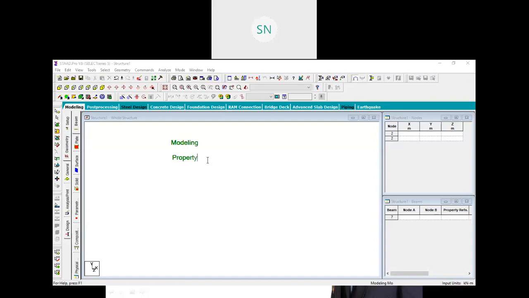In the property, we have 2 things: section property and also material property. Then our third step is assigning support. Then fourth step is assigning load, and fifth step is run the study. So these are the 5 steps we have to analyze any product.